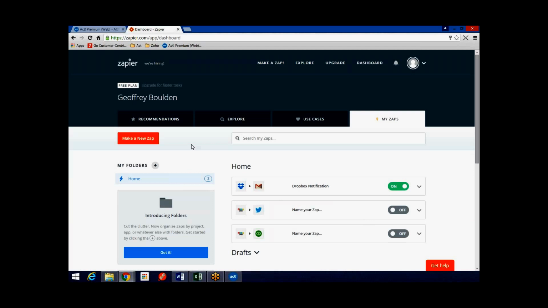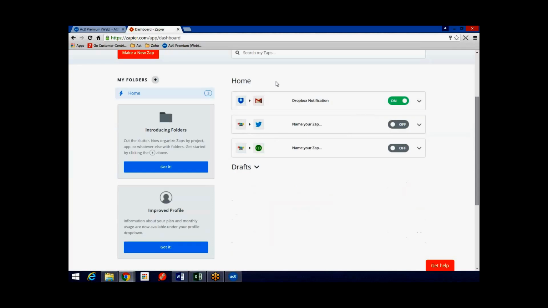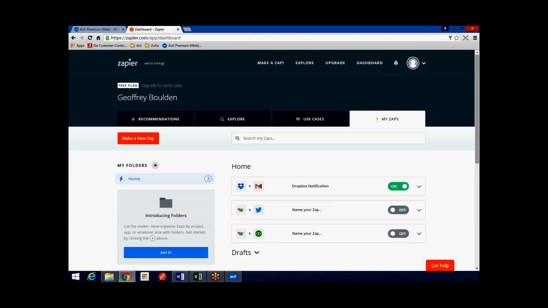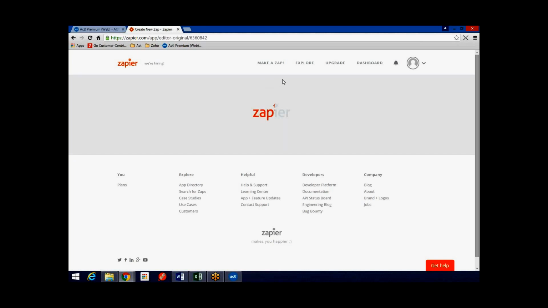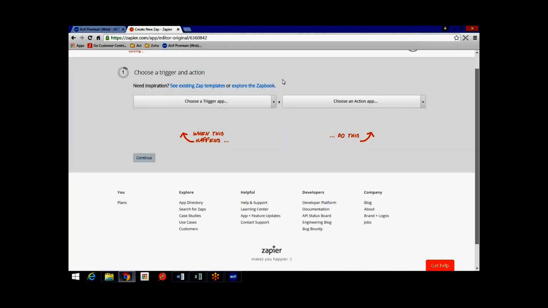I'm on the free level, by the way, and I've got some zaps built here, but I will make a zap. A zap is really what's called a trigger and action model. You see it says here, choose a trigger app, and here, choose an action app. So in a few months, when this new web API comes out and they submit it to Zapier, you'll be able to just use this to actually notify you or do something